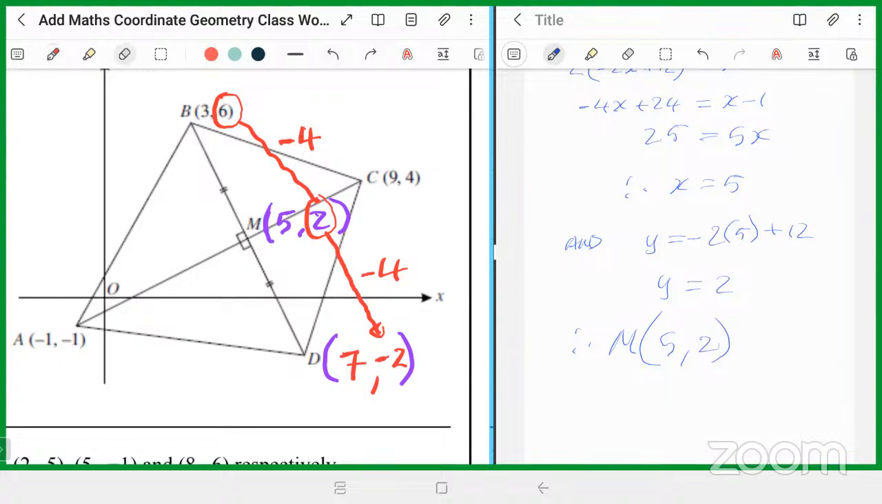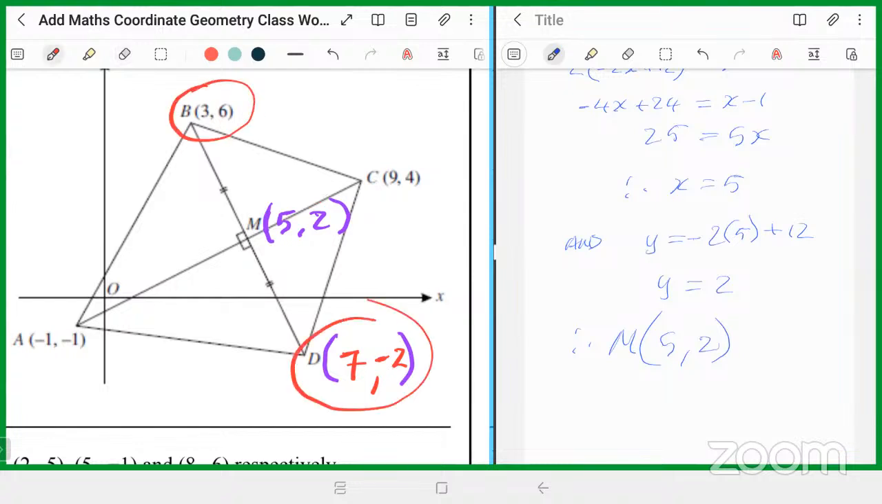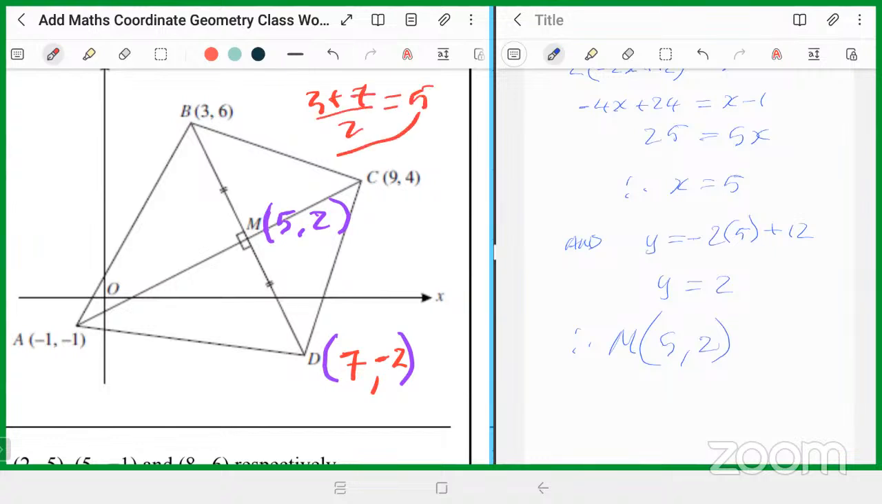And if you're not sure, you can calculate the midpoint using these 2 points. The midpoint has to be equal to that. So in other words, if you average this and this, look at it now. Average them, it's supposed to get 5, see? 3 plus 7 over 2 is 5. And if you average the y values,